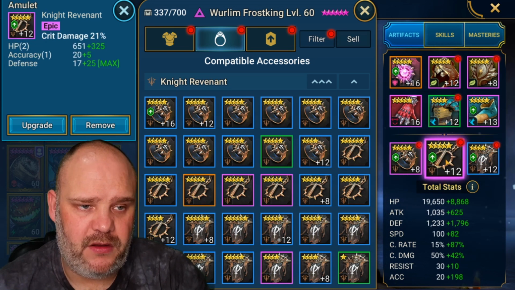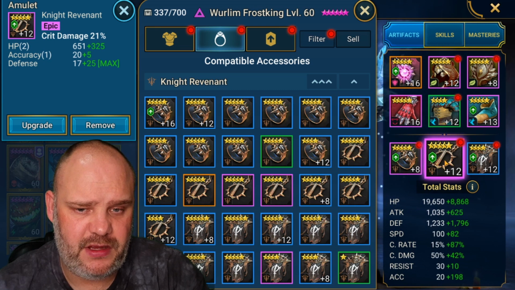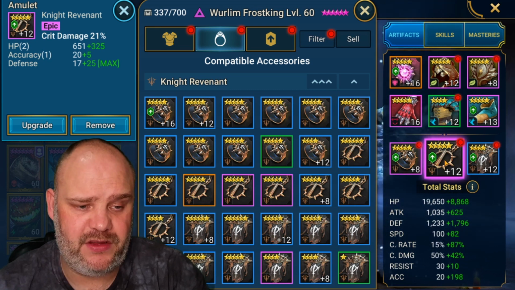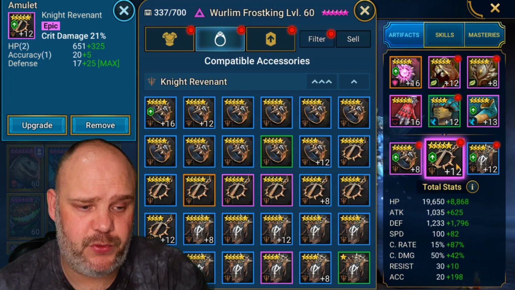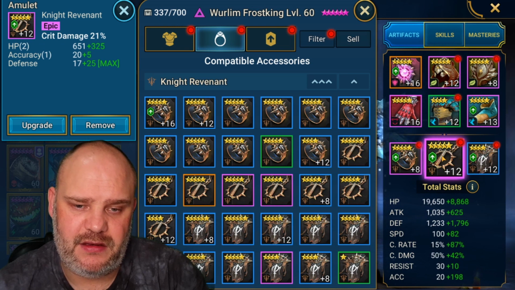I like that. I've gone for crit damage on the amulet. You could go crit damage, you could go defense, you could even go HP. To be honest, it's your choice. He does hit pretty hard, so I personally would go quick damage, and obviously if you can get a good accuracy substat, and I've managed to get a roll into accuracy, so that's good, then that'll do well